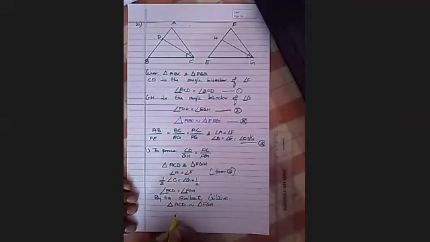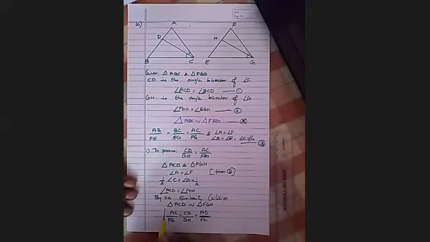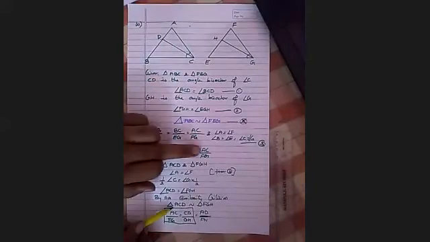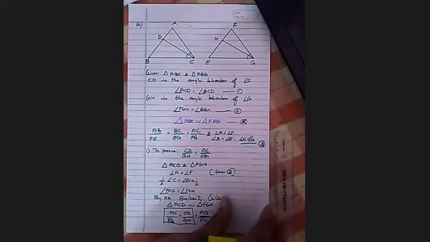Yes, sir. So AC by FG, and AD... AC by what? What is the corresponding side of AC? FG. So CD by GH, AD by FH. What we need is the first two. See, AC by FG is equal to CD by GH. Got it? Yes, sir. First proof is over. Now we'll concentrate on the second one.